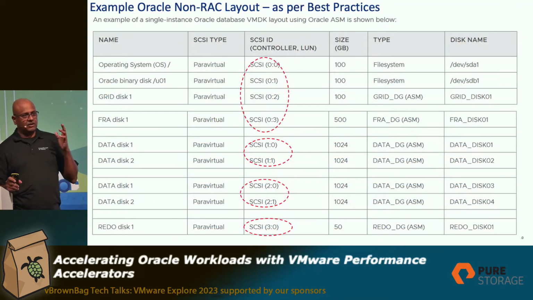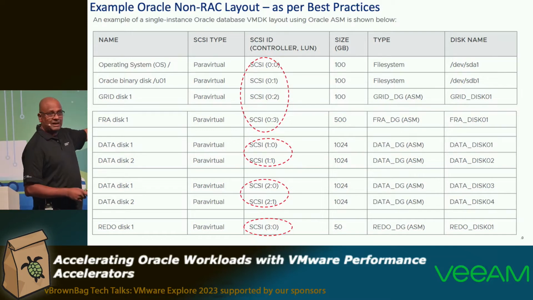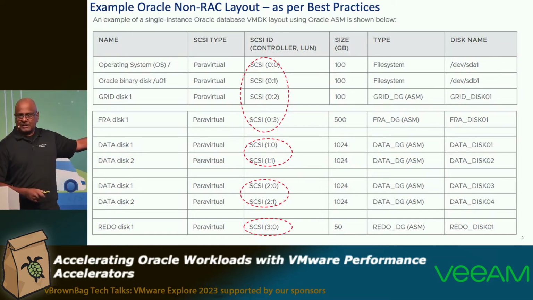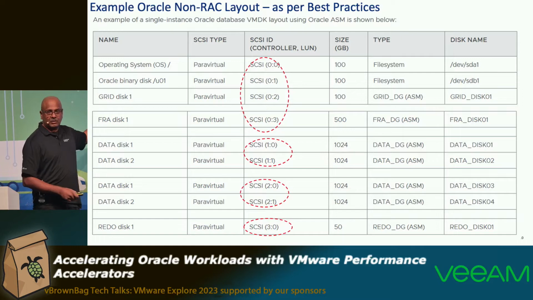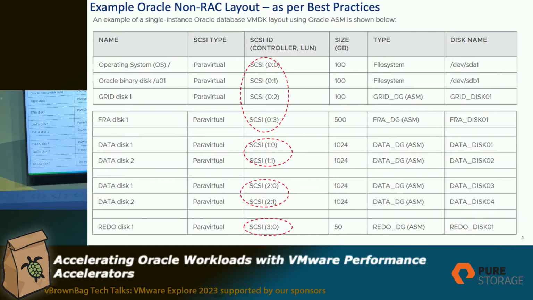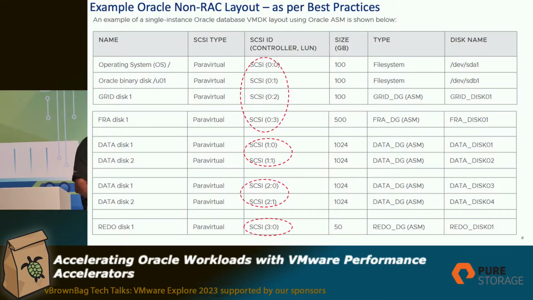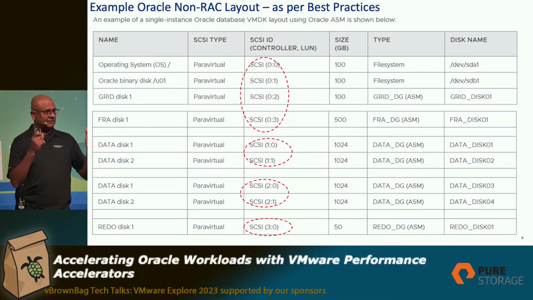If I have to design a virtual machine, and I know we're not designing virtual machines here in this 25-minute session, but if I have to do that, I would do it this way. And this doesn't mean this is the only way to do it, right? There are multiple ways one could do it. What I've done here is I've put the operating system and the Oracle binaries on SCSI 0. I put the data on SCSI 1 and SCSI 2. I put the redo on SCSI 3. Why? Can anybody say why? Because of queue depth, load balancing, fairness.